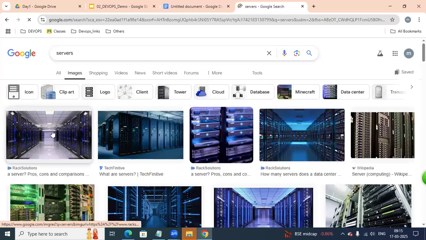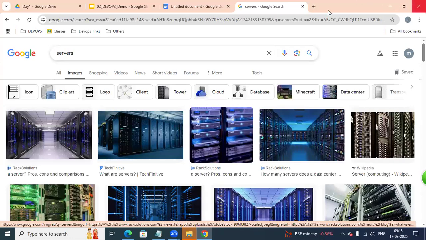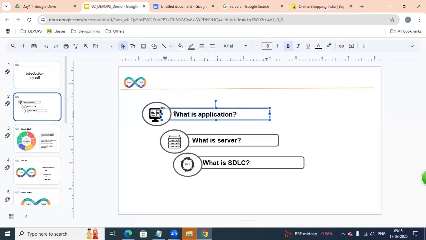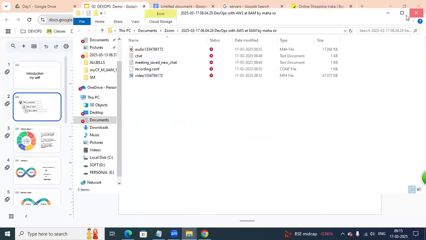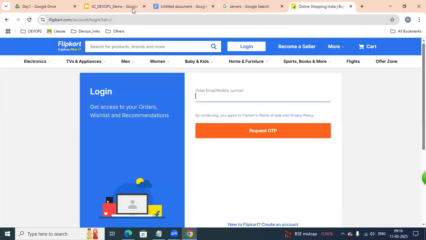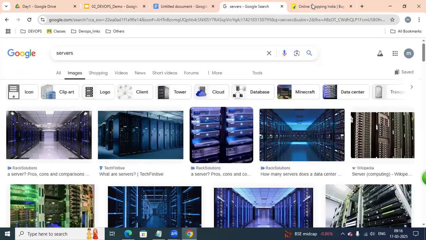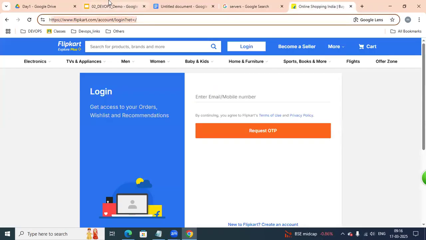Once it is placed on the server side, we can access it on the internet as a website, like Flipkart or Amazon or BookMyShow. Clear? Let me repeat again.